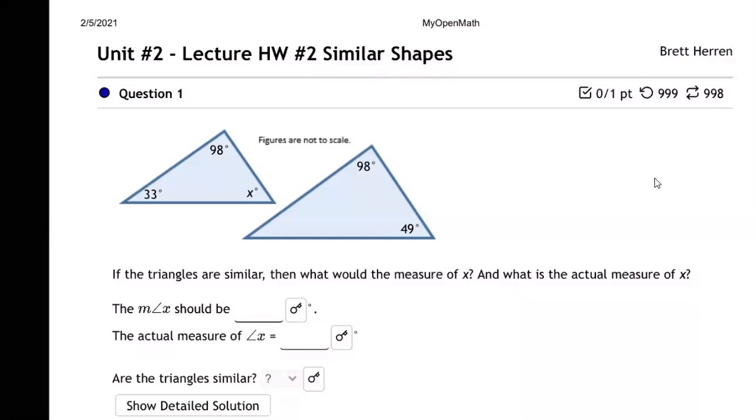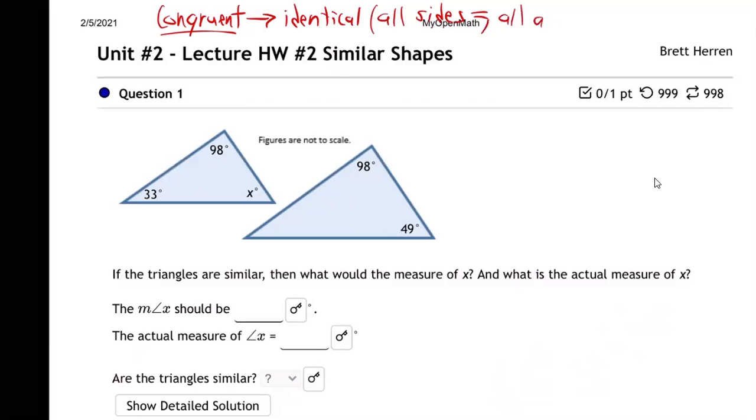Congruent, here, let me write it up here. I don't know where to write it. So similar, right over here. Congruent, which is what we did last time. Congruent means identical. Congruent is identical. All sides are equal. All angles are equal. Whereas similar, that just means same shape,